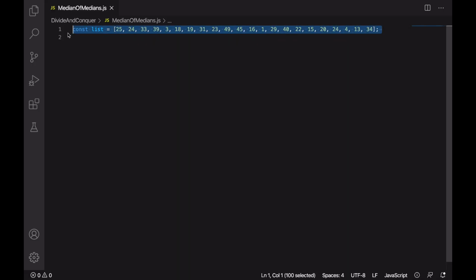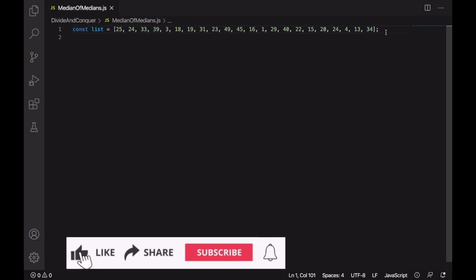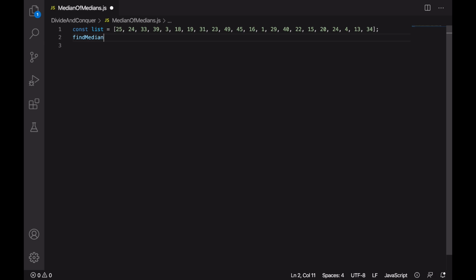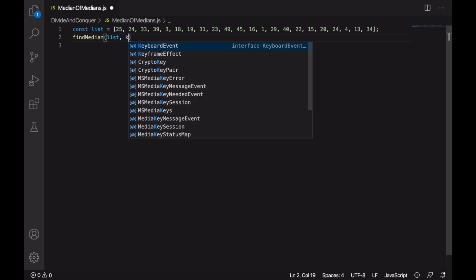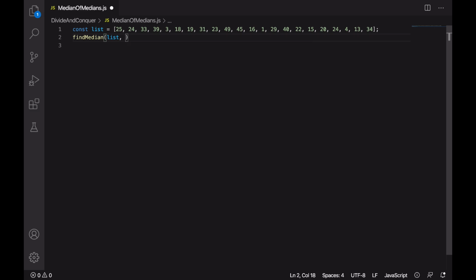So let's say this is the list that we're given and we need to find out the median from this list. So let's create and call a find median function, and here we will pass the list and the kth index. K is the index at which we are going to get the element from this list after the sorting. For this example, this is the mid index, so this is